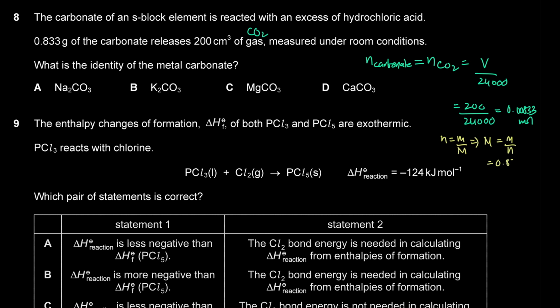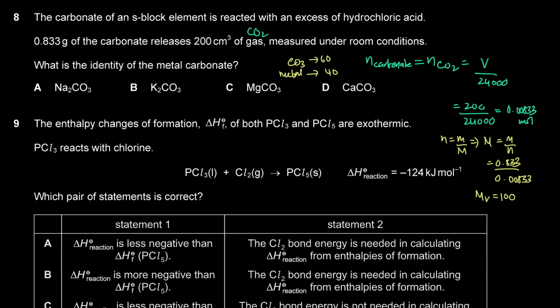So that would be 0.833, that's the mass in grams, divided by the number of moles, that's 0.00833 moles. So the MR of the carbonate is 100. Now in each of these carbonates, we just have one CO3, okay? CO3 has a mass of 60, which means that the metal over here will have a mass of 40. So the metal will have a mass of 40 in 1 mole of the